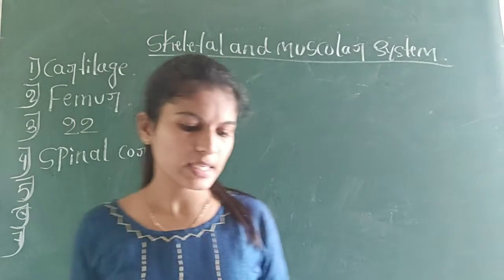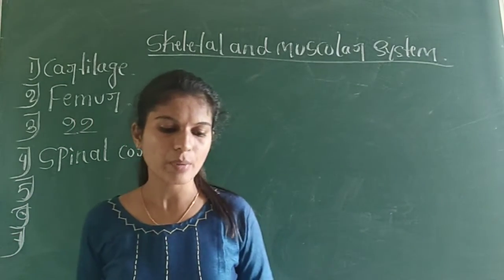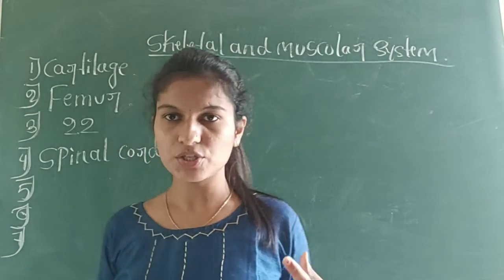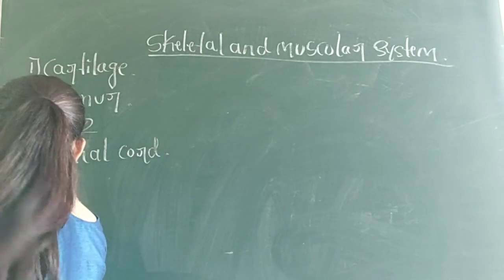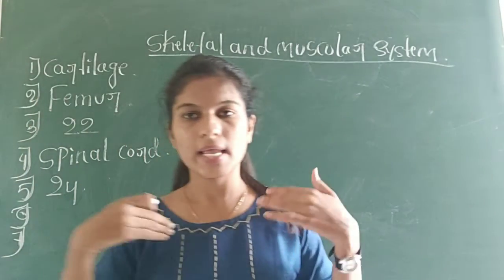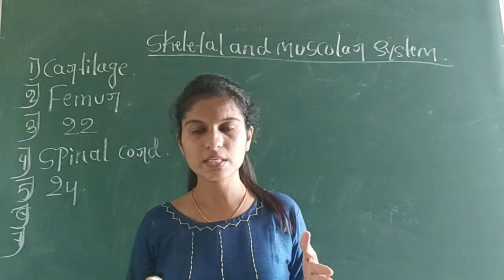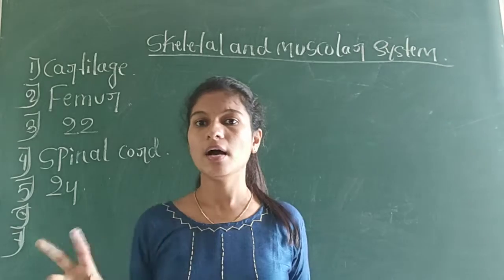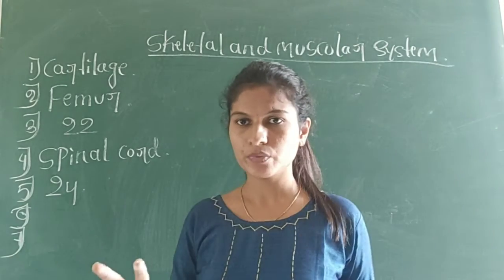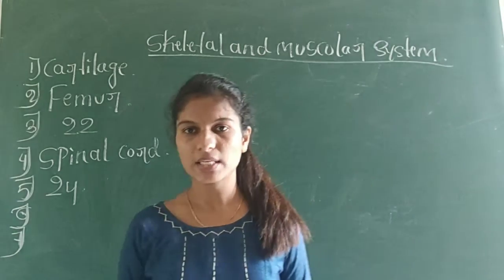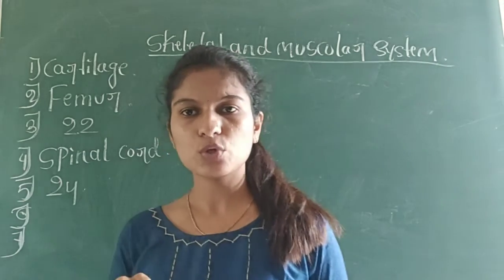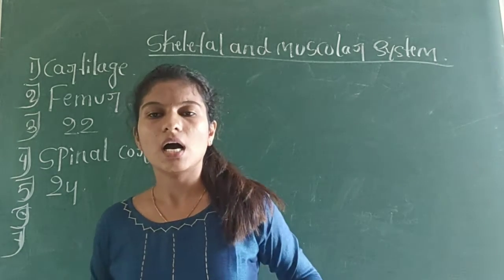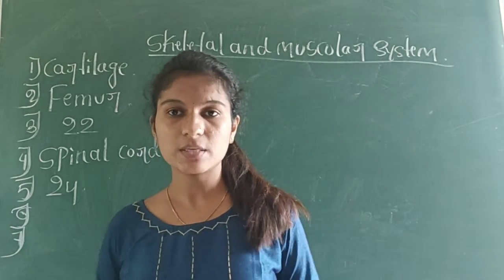Okay. Now the next one is the number of ribs that are part of the rib cage are. How many ribs are there in a rib cage? There are 24 bones. Totally there are 24 bones. In the upper part there are 12 ribs, in the back there are 12 ribs. 12 pairs are there. So totally 24 ribs in your rib cage. And out of those 24, 2 ribs are floating ribs, which are not connected to your breast bone.